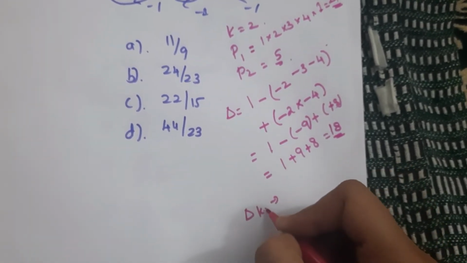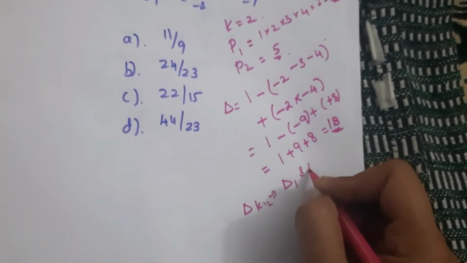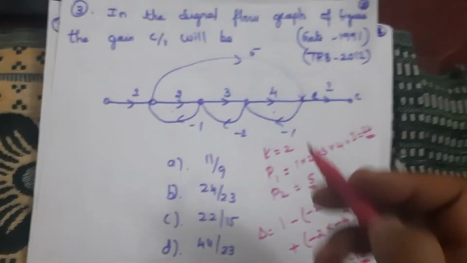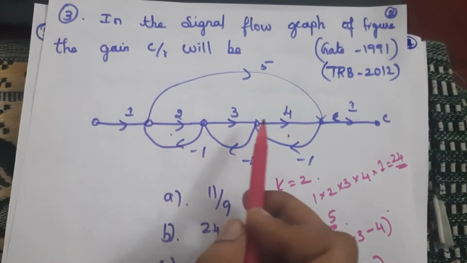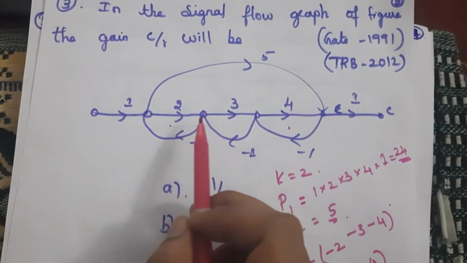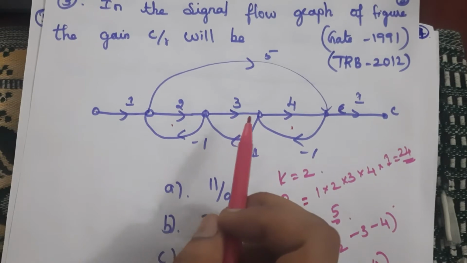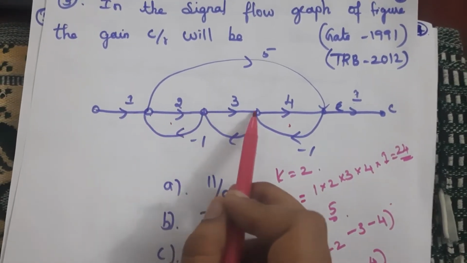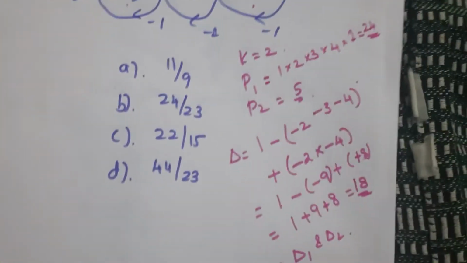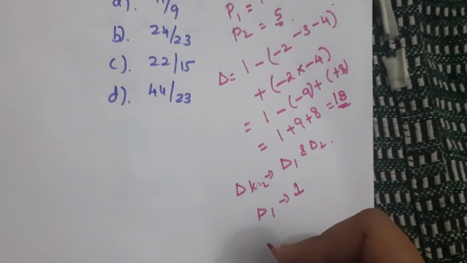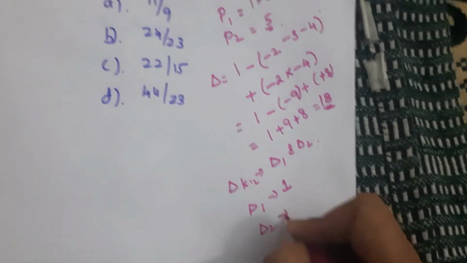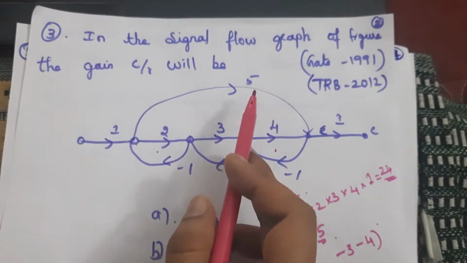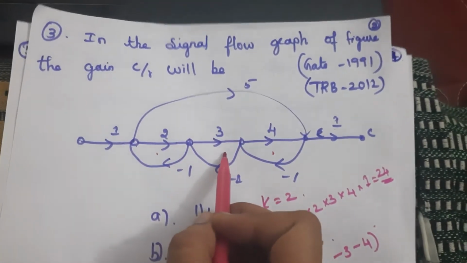Then 2k is equal to 2. We have to find del 1 and del 2. In del 1, the non-touching loop is nothing. We have no non-touching loop; every loop has a touching node in forward path 1. So del 1 value becomes 1. Considering del 2,